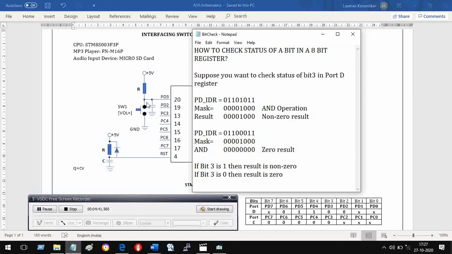Now, under what condition is this bit going to become 0? When the key is pressed. So I can write here 0 when the key is pressed, and non-zero when the key is released.